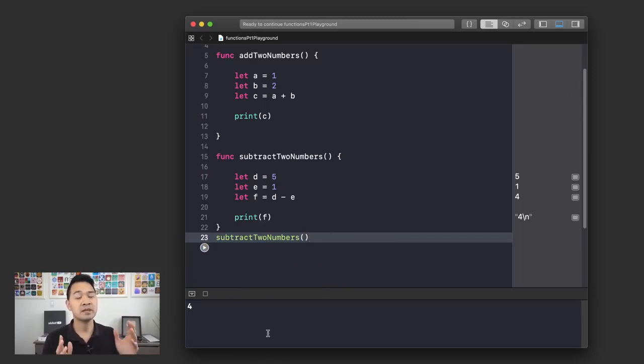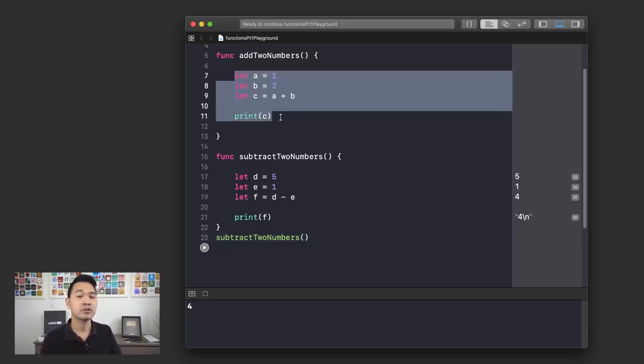Now, this might not be immediately obvious to you, but using functions is actually a huge time savings, because oftentimes when you write your code for your app, there are instances where you're going to have to repeat a chunk of code in different places. Having duplicate code in your project is generally a bad practice and something that you want to avoid. And so whenever you see yourself having to repeat code, writing the same thing that you've written before in another place, then think about putting that chunk of code into a function